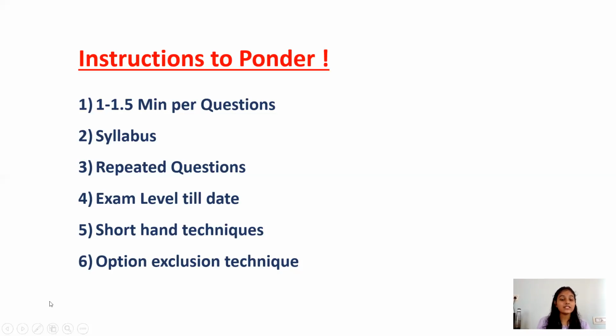Okay, next is the option exclusion technique. This is an underrated technique. You will probably have 4 to 5 options, most probably 4. Among these 4 options, there will be 1 to 2 options which are completely negligible. They will not be related in any way to the progress of the question. So you can completely exclude those, and you will have only 2 or 3 options left. From that, it will be very easy for you to guess the answer, and your guess will not go wrong.